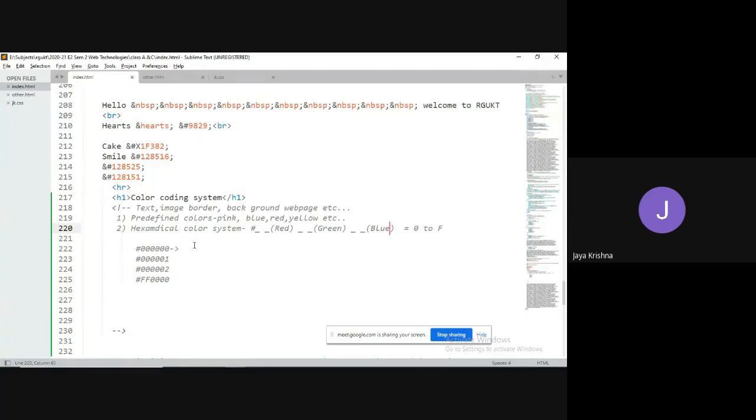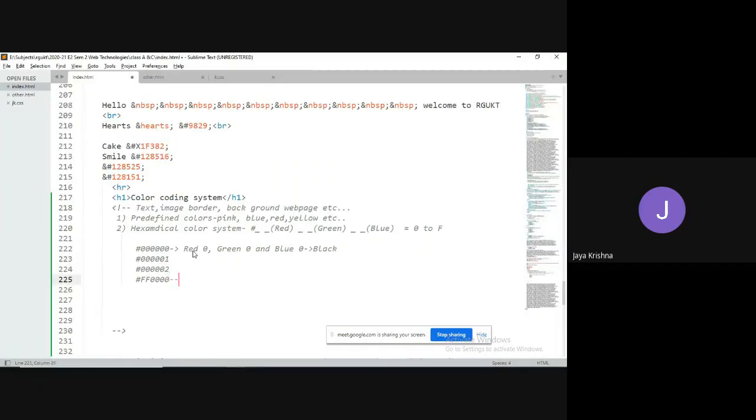If in place of the first two digits I write 00, in place of the next two digits 00, green 0, and next two digits 00, blue 0, meaning red 0, green 0, and blue 0, then you will get black color.